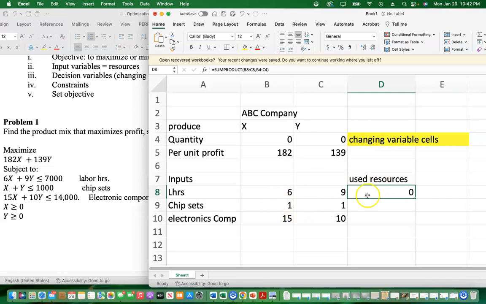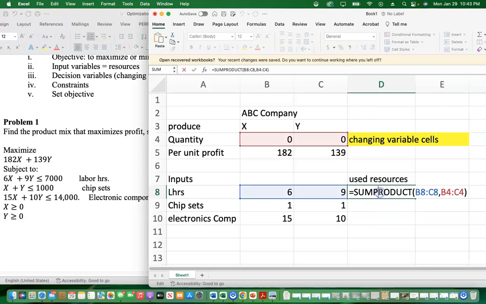Now, we would like to copy the function for chipsets and electronics, and all this will also focus on how much quantities of X and Y we're going to produce. So we can copy this formula way down. However, we need to lock down these changing variables, and we can do so by putting the $ sign here. So I will type the $ sign and here,